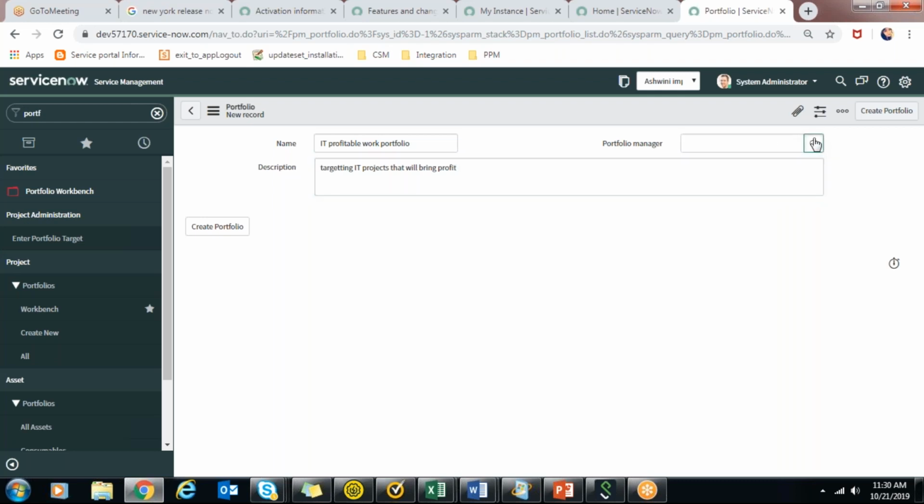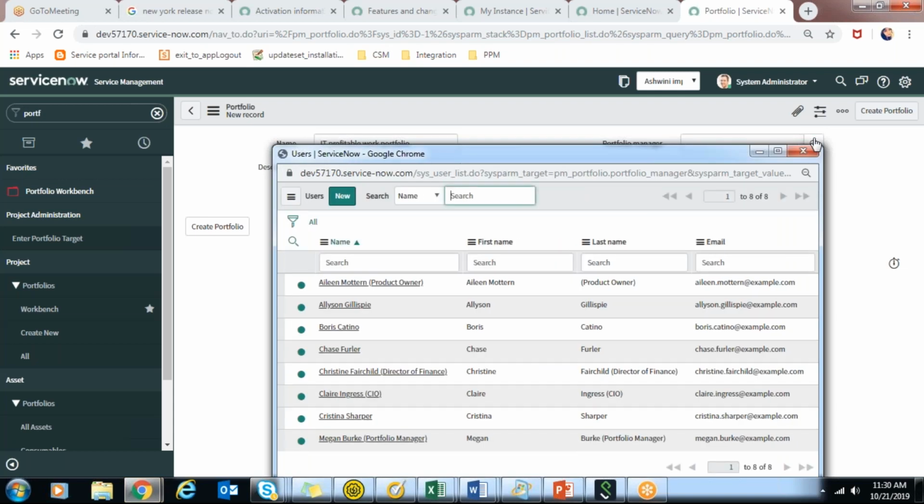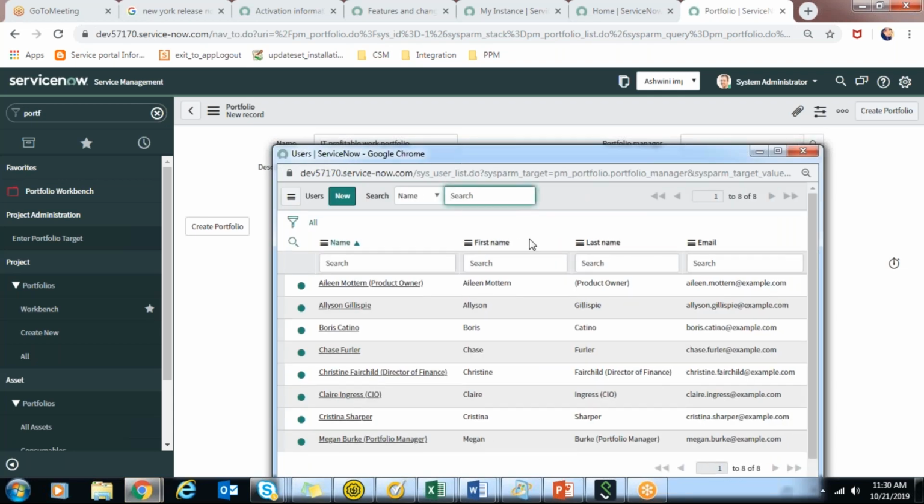You can define a portfolio manager here. The user should have the IT_portfolio_manager role. Just assigning one.